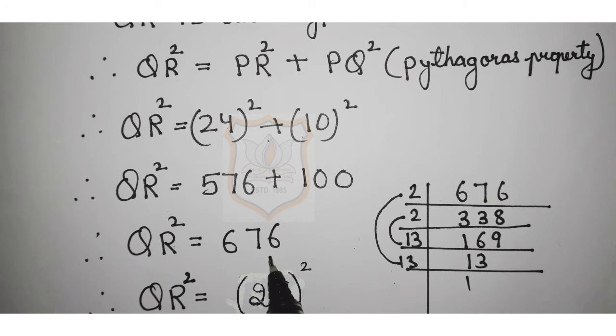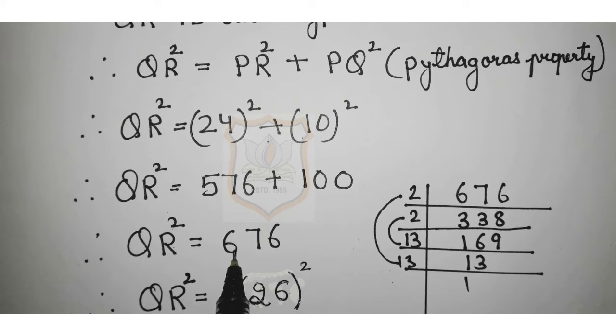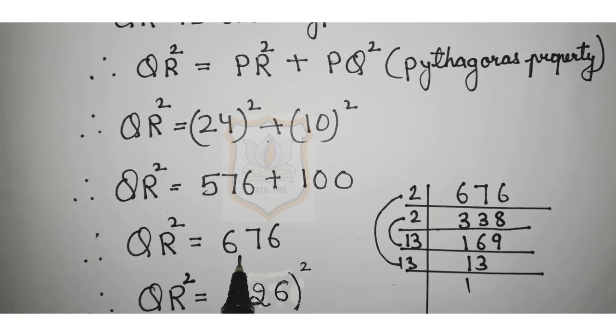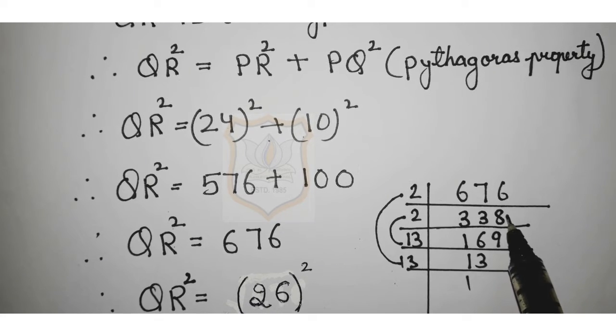Now, in the question, it is asked what is the value of QR. They have not asked what is the value of QR square. So, we have to remove this square. To remove this square, what we have to do is, find the number whose square is 676, so that the square can be cancelled. To find this, we have to find the factors of